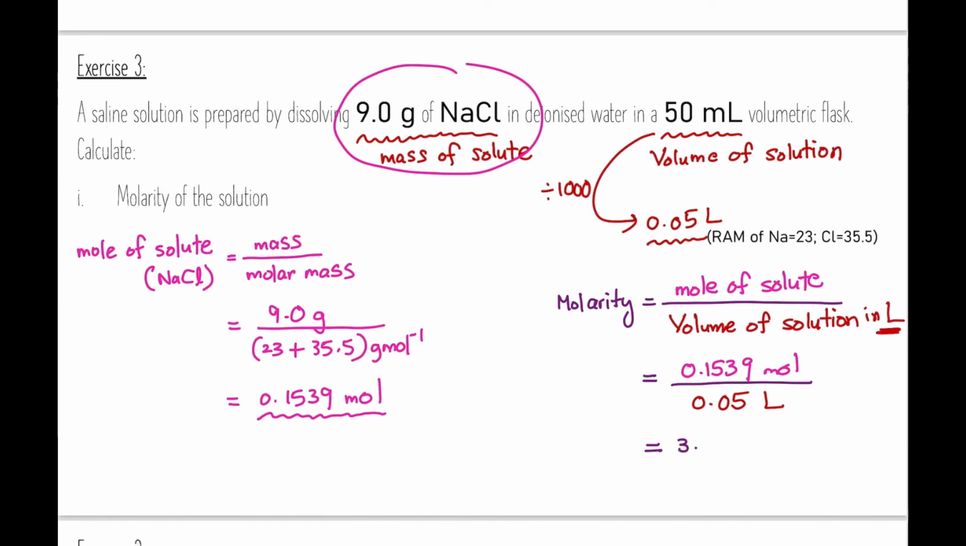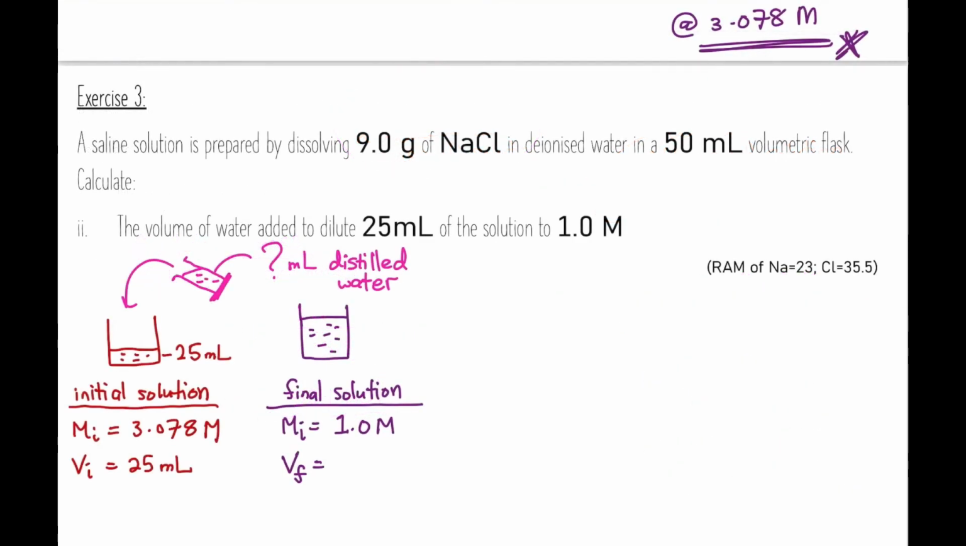The value is 3.078 mole per liter, or 3.078 molar. Both units are excellent. Let's have a look at exercise 3, part 2. In this part, the question asks you to calculate the volume of water added to dilute 25 ml of the solution